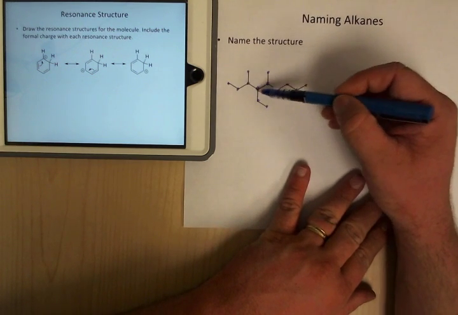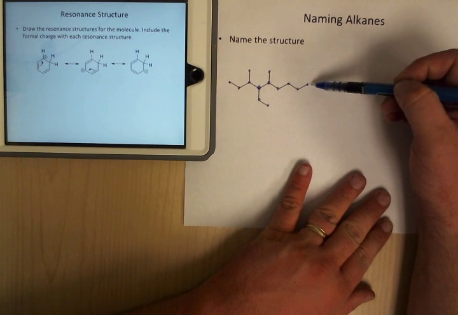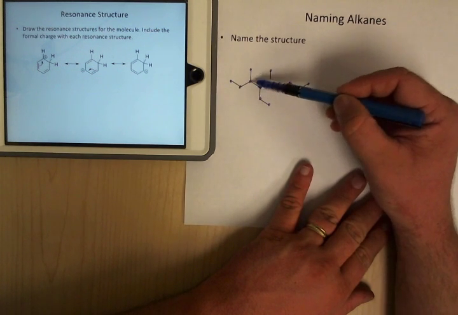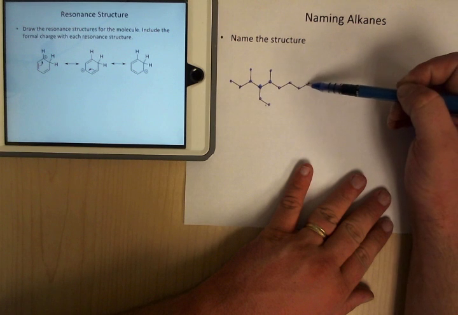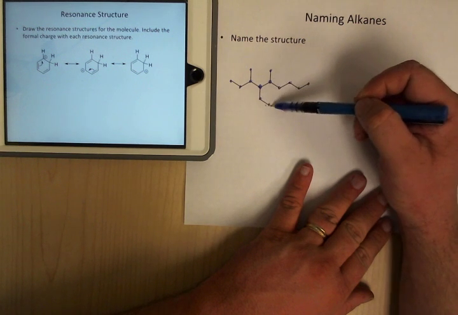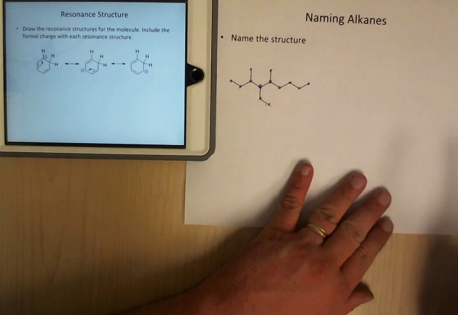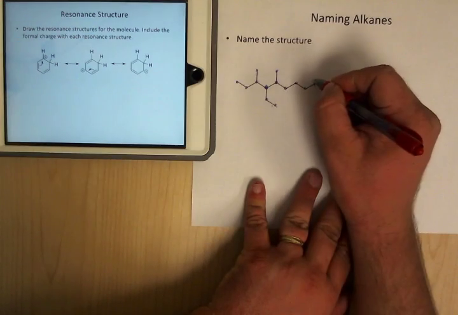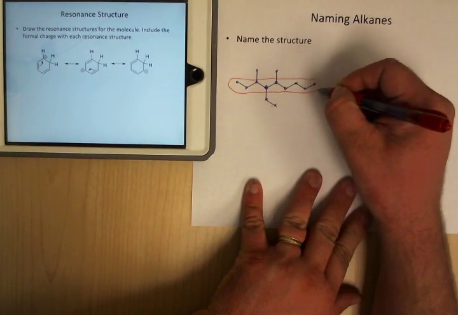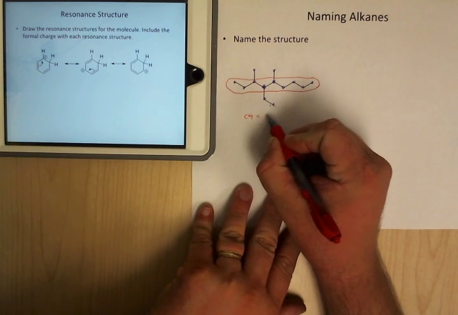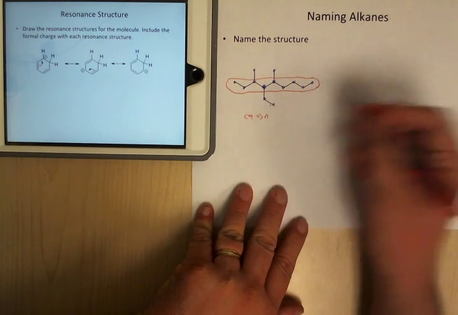So it's 1, 2, 3, 4, 5, 6, 7, 8, 9, right? But don't forget to go down the side chains as well, right? 1, 2, 3, 4, 5, 6, or 1, 2, 3, 4, 5, 6, 7, 8. Okay, it's really close to do that. Is to go this way. So you have to keep counting. But in this case, it just so happens to be the horizontal chain. So in this case, it's 9, so C9, which is all single bonds, so it ends up being no